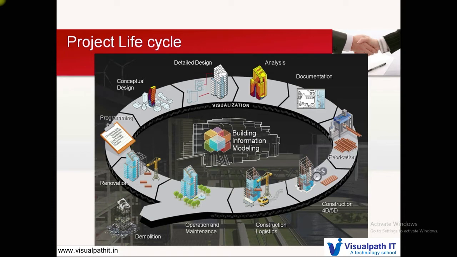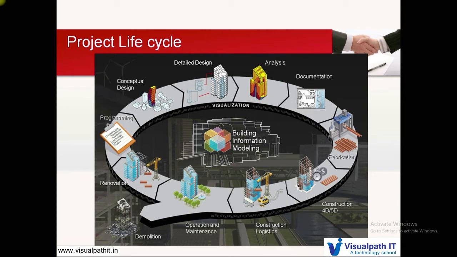So that is happening, but Revit will be used in only one small part of the BIM, where it is modeling. Okay, so now operation and maintenance happens, and after 50 years, the building gets demolished, because the life of a building is almost 50 years, and then the conceptual design again starts. So this whole process is done using the coordination of BIM nowadays. So that is called BIM.